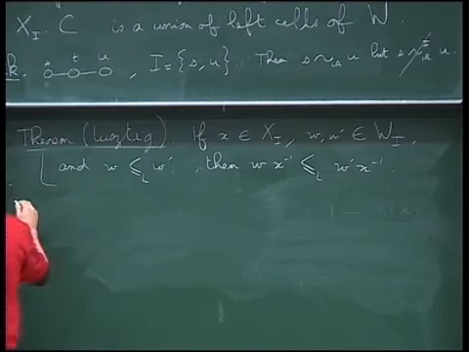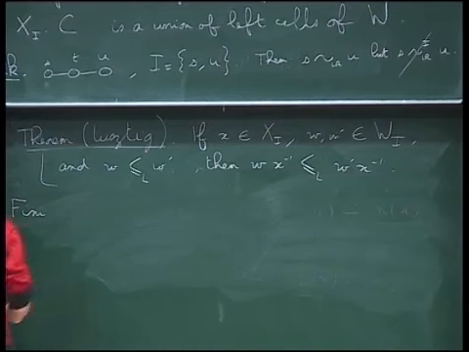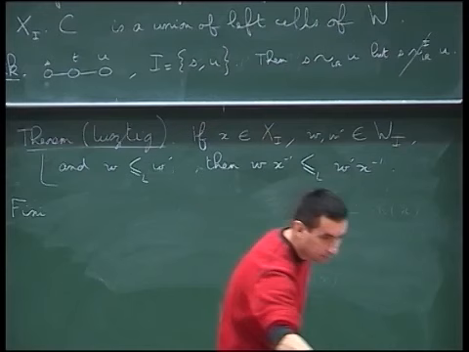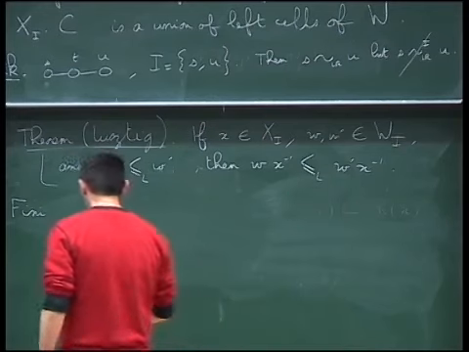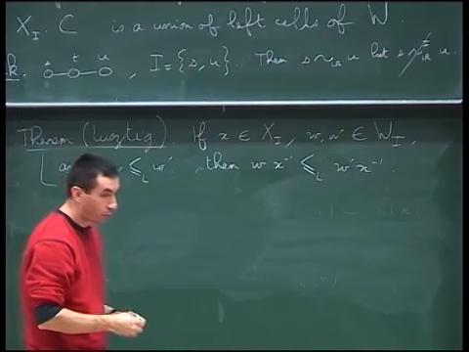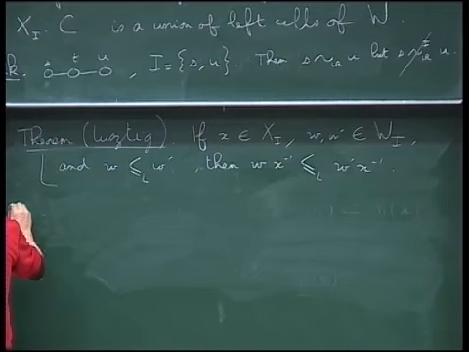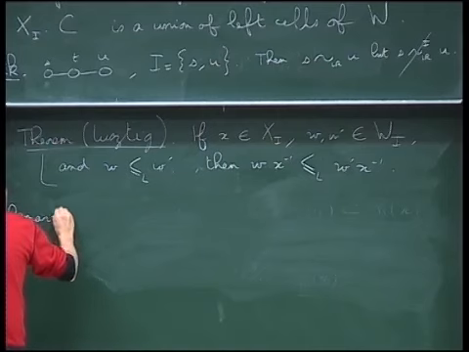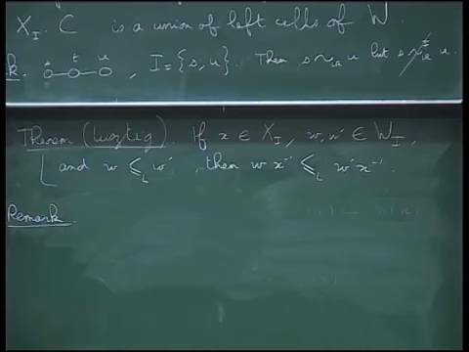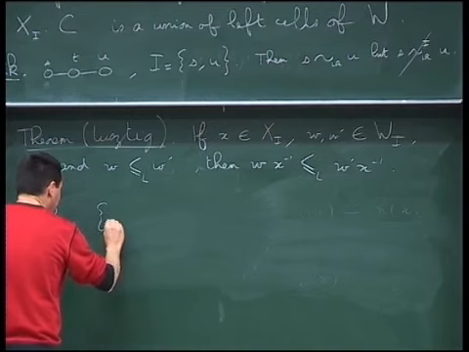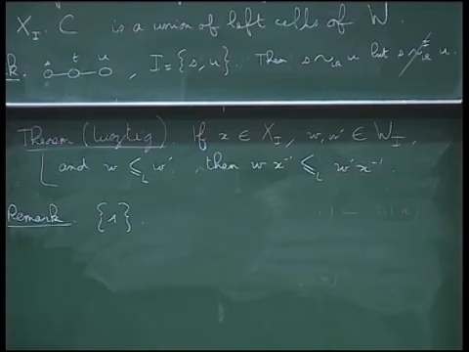And I want to finish the list with a remark that I forgot. There is one left cell that we can compute all the time. This is the cell of the